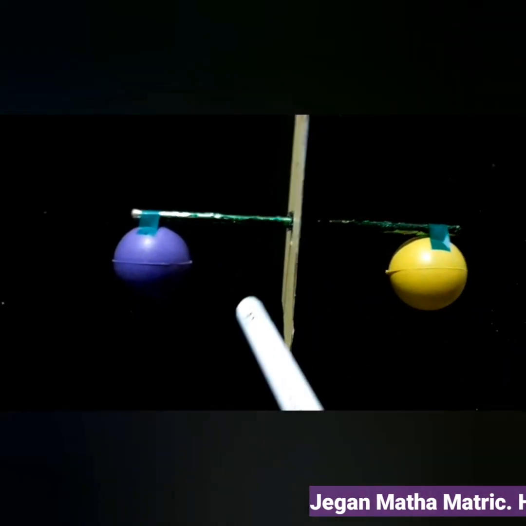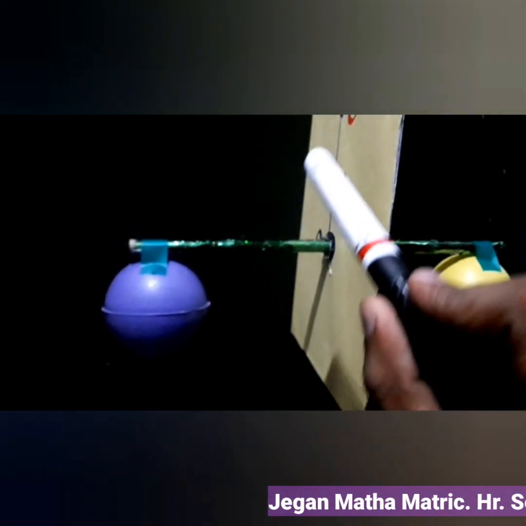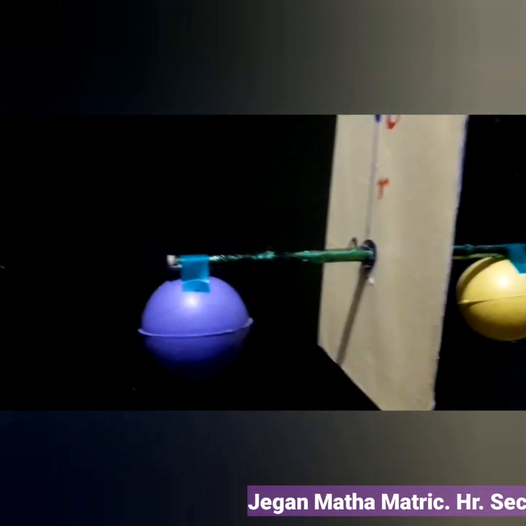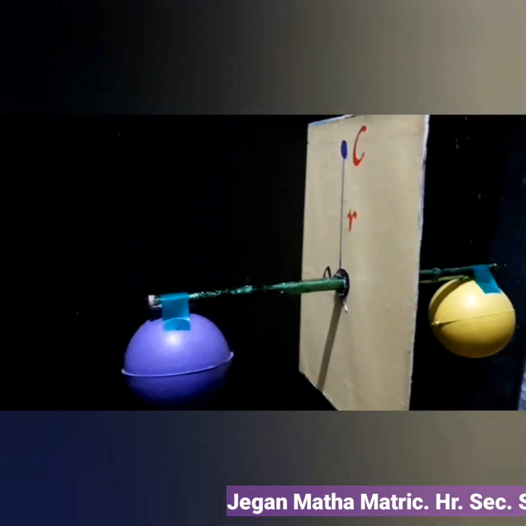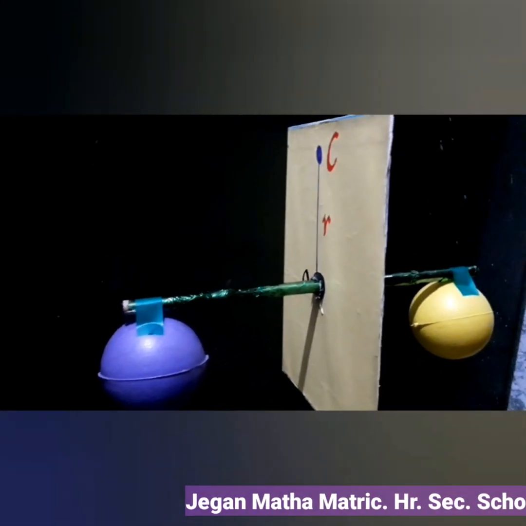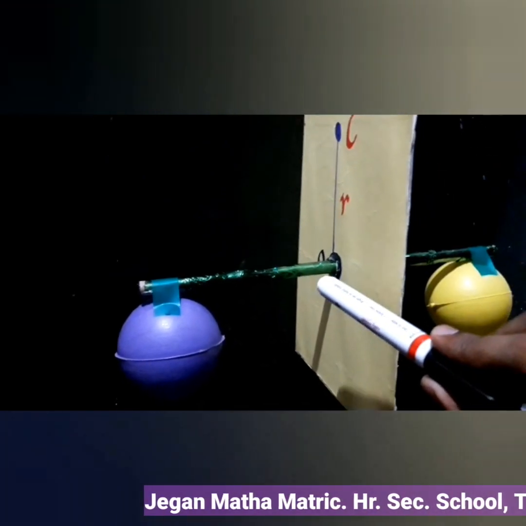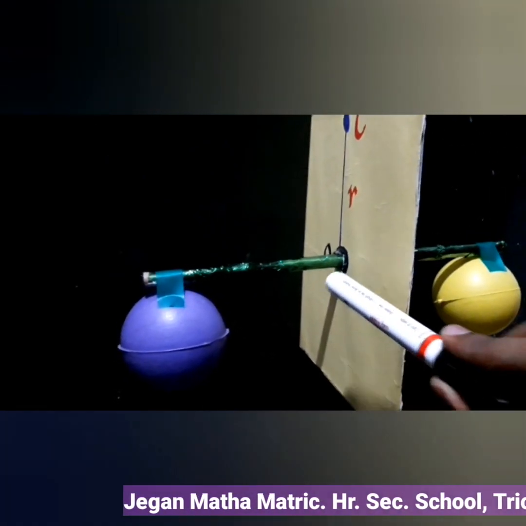The electric dipole has the center O, where we have the perpendicular plane, that is known as the equatorial plane. In the equatorial plane, we have the point C, where we are going to find the electric field due to the two charges. Note it down, C is located at the distance r from the midpoint O.